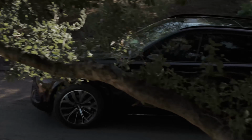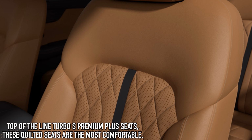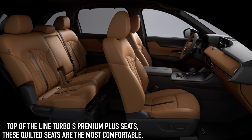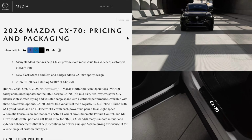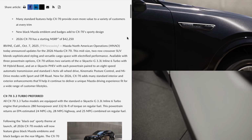comfortable. I've noticed that the top trim level CX-70s and CX-90s offer the most comfortable seats due to that Napa leather. There's an additional layer of plushness which helps out on longer trips. The regular seats, they are a bit more stiff. Anyway, seating comfort, it's pretty subjective, but you're also going to get adaptive front lighting system on the fully loaded